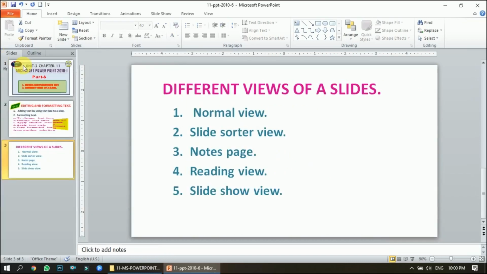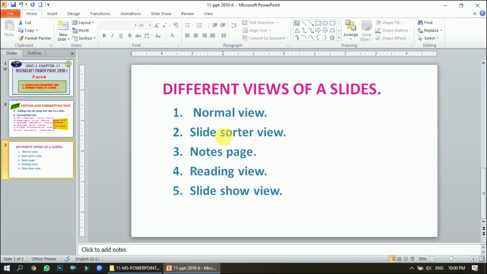The fourth thing that we get here is the notes box, at the bottom of the slide. So we get to see four things all together in the normal view: the slide tab, outline tab, this bigger or the large view of a slide, and this notes box. And the creation of your presentation takes place in the normal view. Okay, that's a normal view. By default, whenever you are making a presentation, you always enter in a normal view.